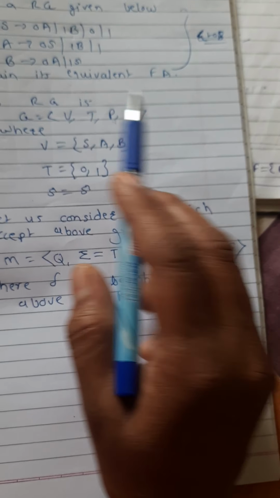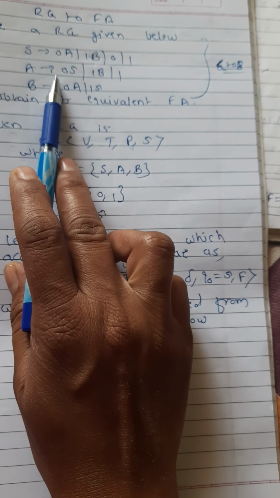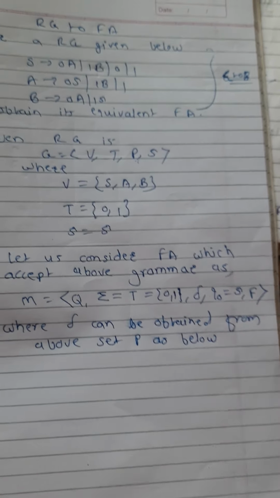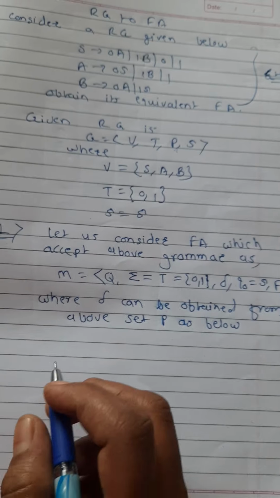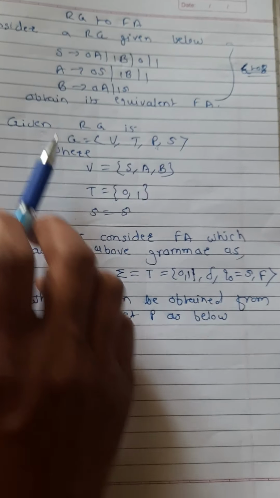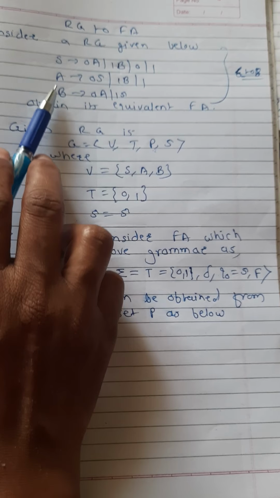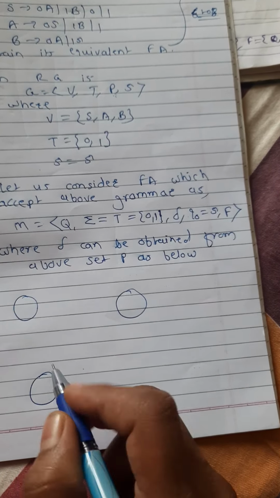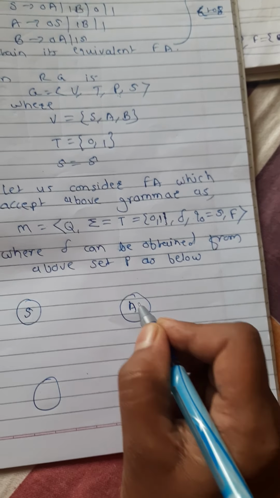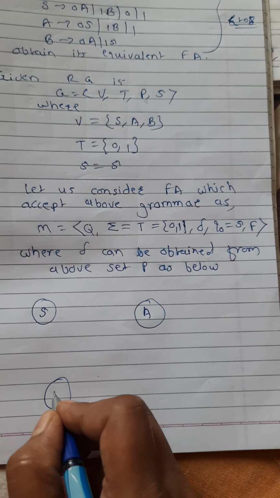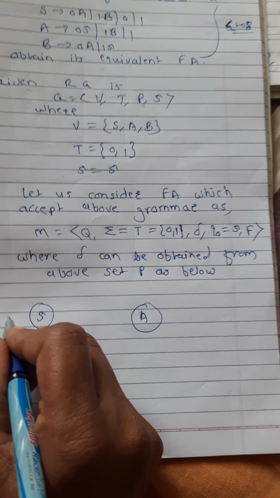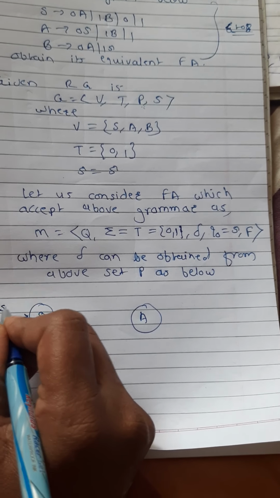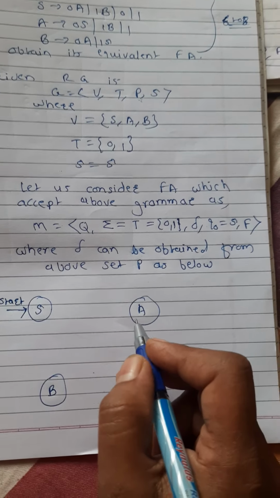Okay, so in the previous video we have seen how to convert a production rule into a transition diagram. So apply those same steps here. Let us consider the given rules. How many non-terminals are there? 3 non-terminals are there: S, A, B. So draw the 3 states S, A, B. Give the state labels the same as the names of the non-terminals. Then the state associated with the starting symbol is S, so it will become the initial state of the finite automata.